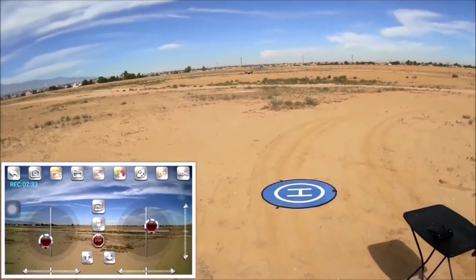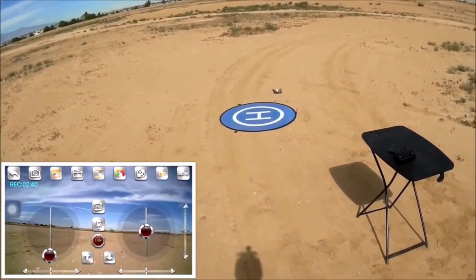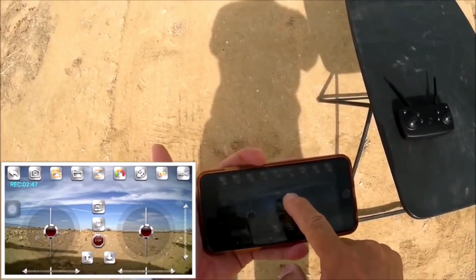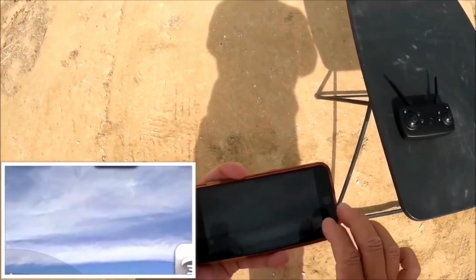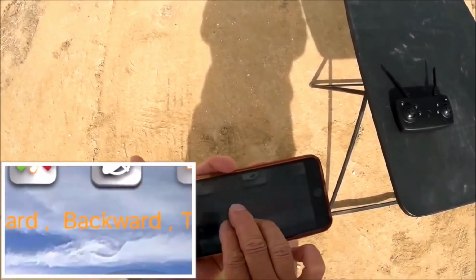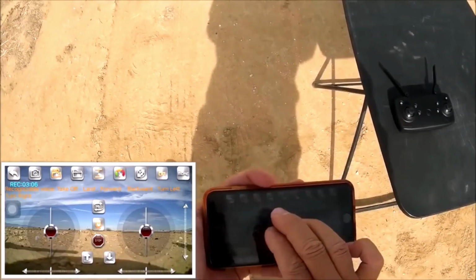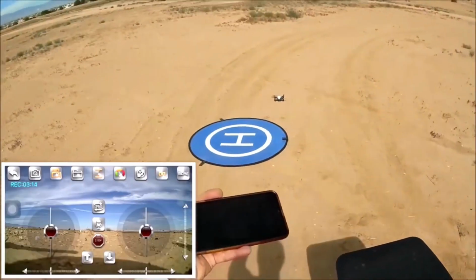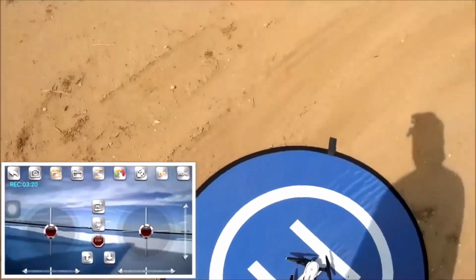Let me go ahead and bring it in for a landing here, because I want to see what the commands are for. Man, I just missed the landing pad here. So let's go ahead and hit that microphone button. Okay, I've seen the commands that I need to command, so it can take off, it can land, turn left,